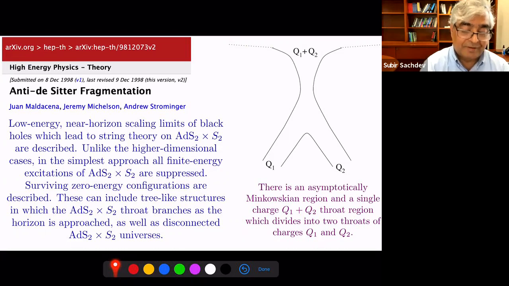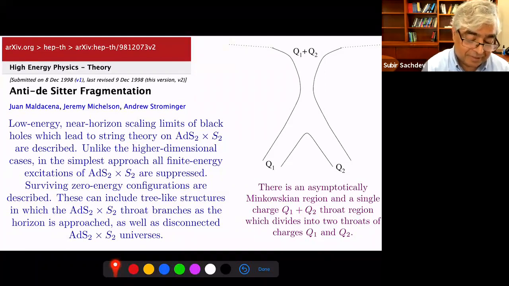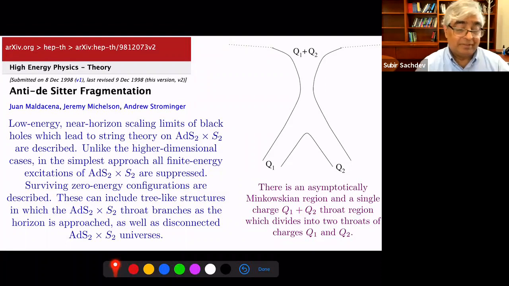if you include the boundary to the 5-dimensional geometry, then you have the Schwarzian. That's something we understand better today: you shouldn't just completely truncate to AdS2 cross S2. You should also include the boundary fluctuations. But there was a separate instability here, whose existence really depends on the UV structure, in which the horizon can fragment.